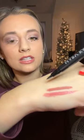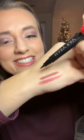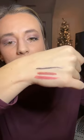Watch how just like evenly. Hang on, I want you to see, but I also want to be able to see myself too. Just a second. Okay. Look at how evenly and quickly like that applies. It's so easy. So if you feel like you struggle with eyeliner, this might be a great thing for you